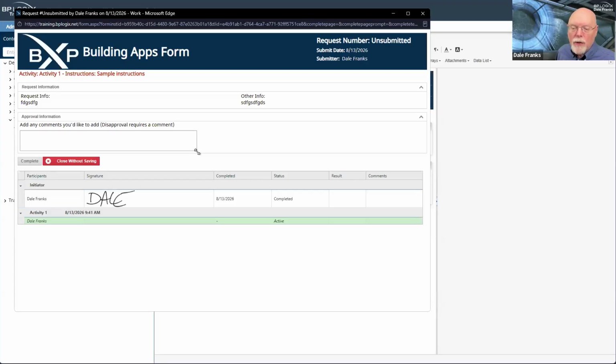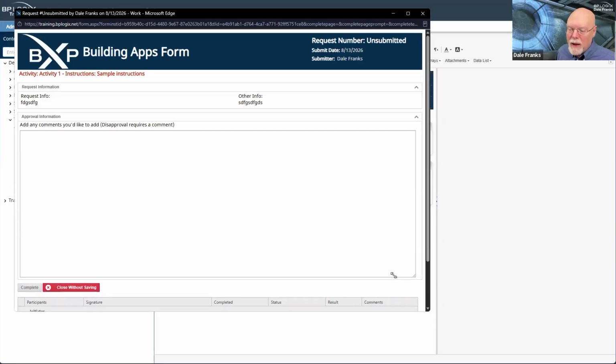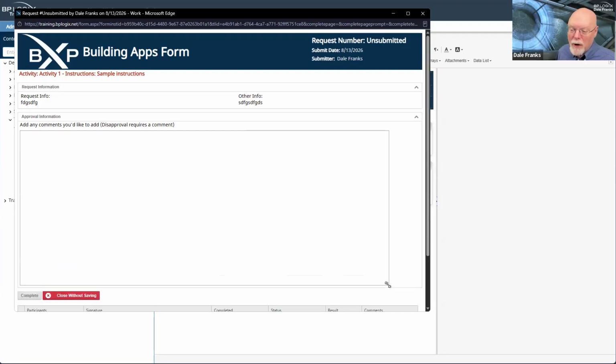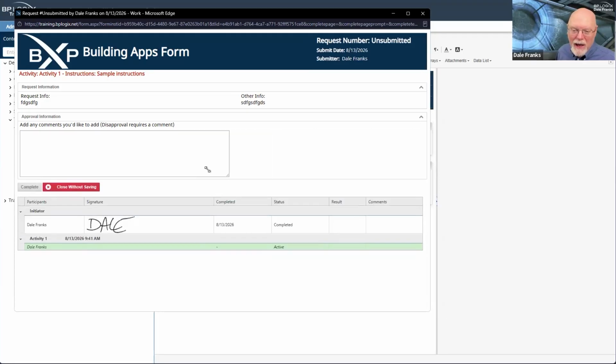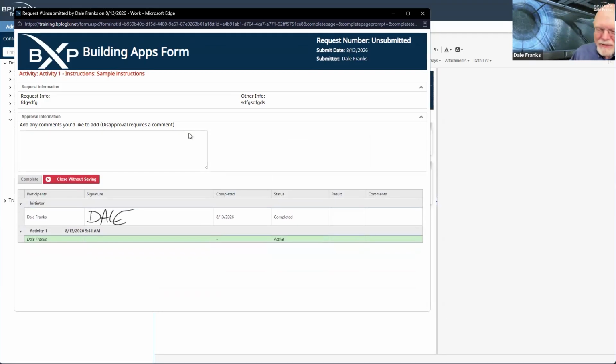Now, here's a cool thing about this control: I can make it bigger or smaller. So if I want to write a novel myself, I can adjust the size of that control. So let's add our comment. And we're not going to be able to tell if this works yet.